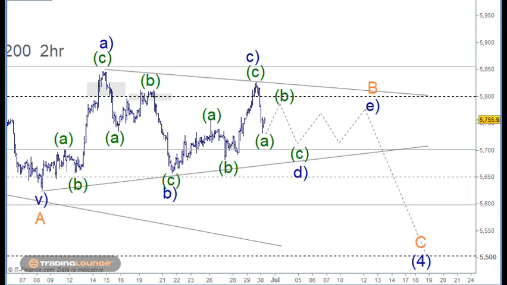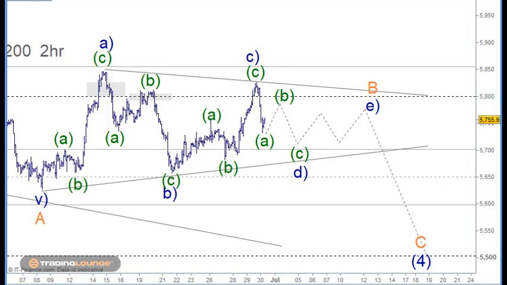So if this is going to trace out here, then we can start to look at what's going to occur here. So it does appear that this move down here can be in 5 waves because it's quite swift. So in that case, we'd be looking for it to move back up